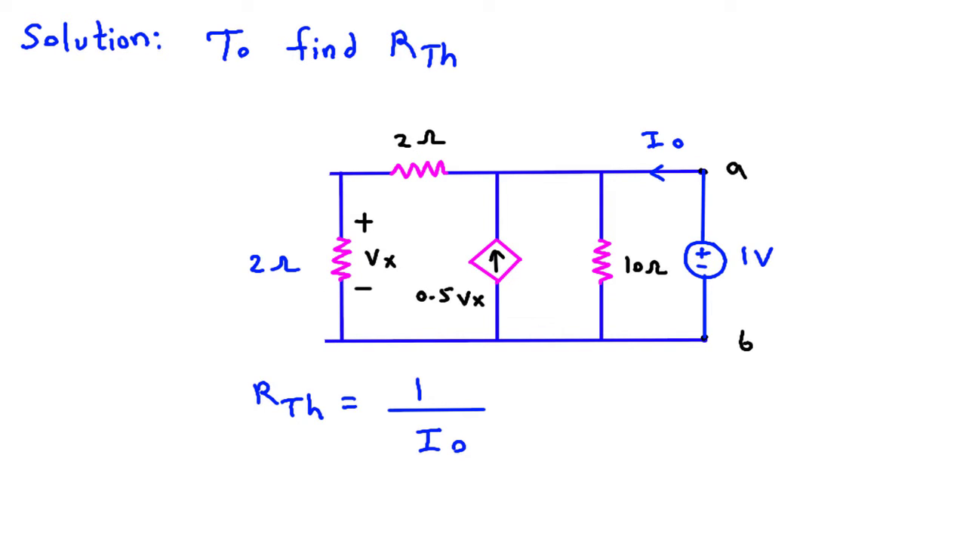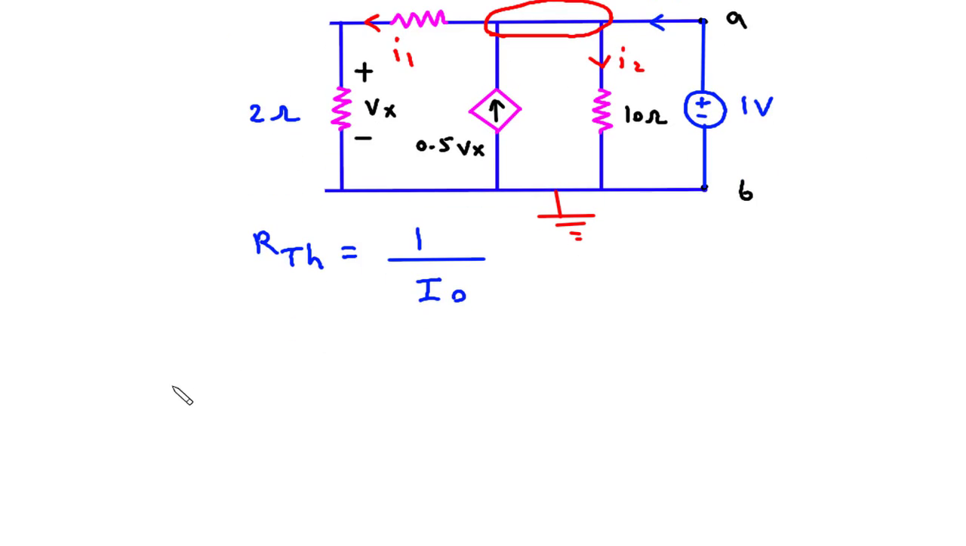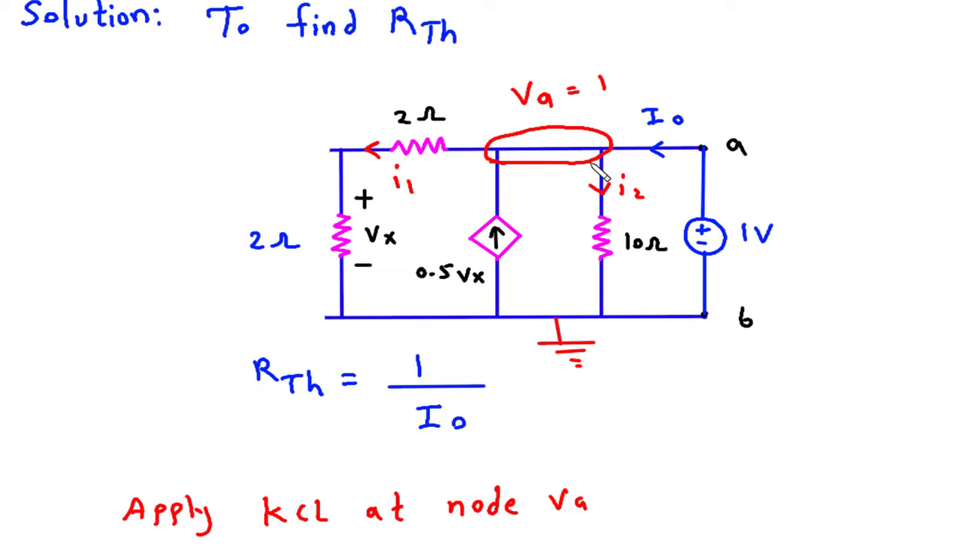Now let's say this is node V1. Let's say this is node VA, and the voltage VA is equal to 1 volt. So here we can apply KCL. Let's assume this is current I1, this is current I2, and this is reference node with 0 voltage. So apply KCL at node VA. So at node VA entering currents are